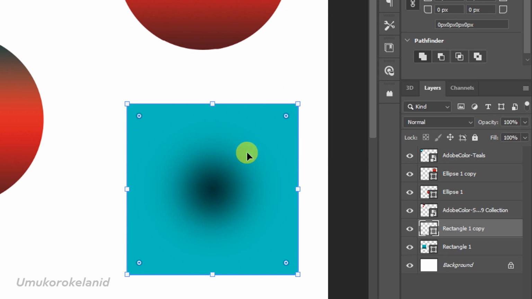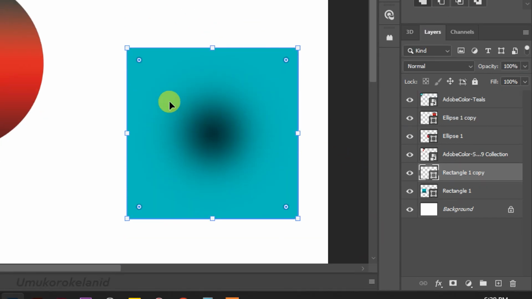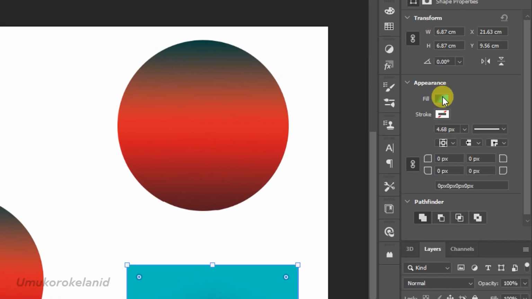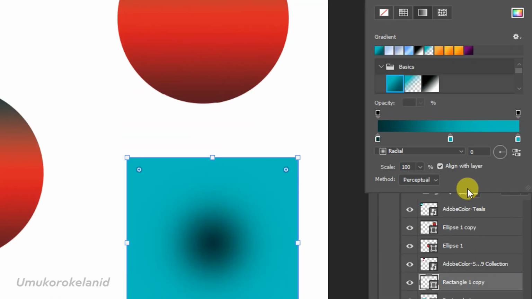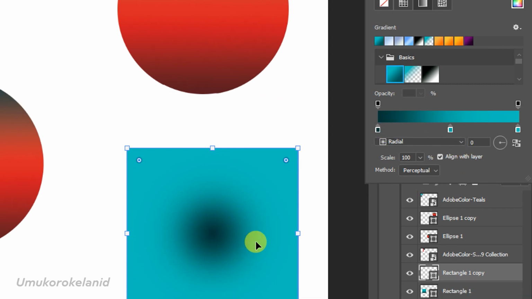Now in a situation whereby we want the darker part to be outside and the lighter part to be inside, we'll come back here. This is a radial. I will click, and we can switch the colors. Let's delete this color because it's not actually showing any differentiation. We can delete the color by clicking on it and clicking on the